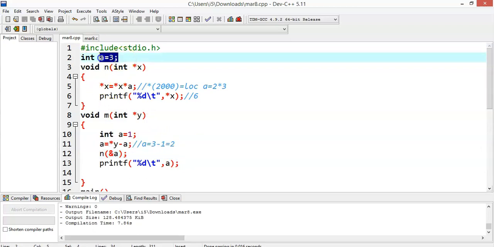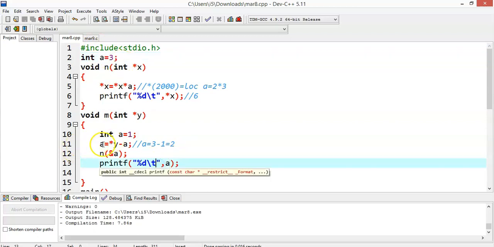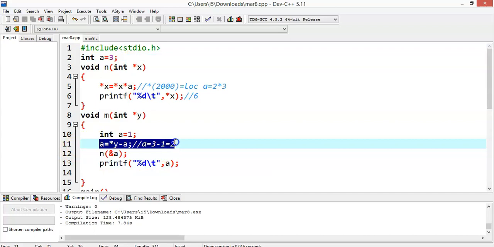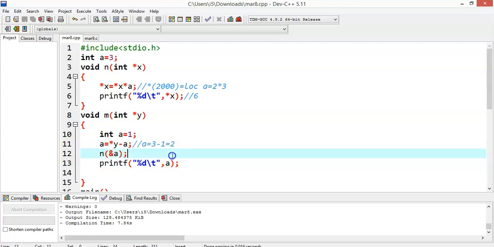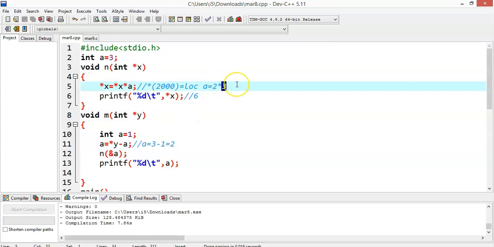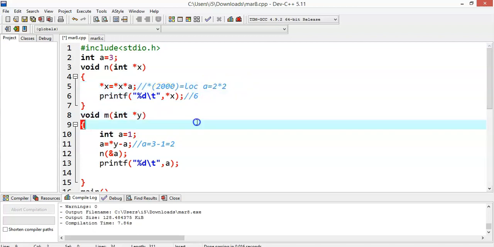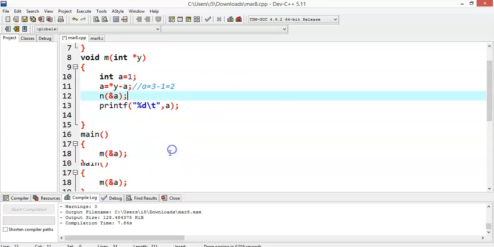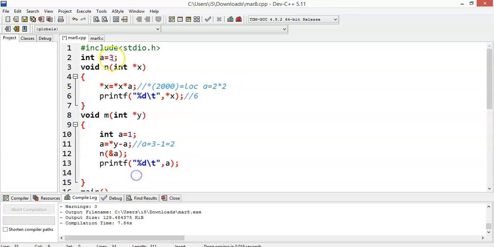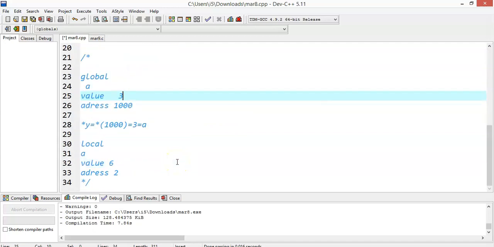If static scoping is followed, then a will be considered as 3. That is the point about static and dynamic scoping. As we are following dynamic scoping, 2 is considered. So the global variable is not considered. The definition in the function responsible for calling is considered. So the value would be 4. Star x will give 4, and if you print this, that also will be 4. It's not 6 because we are not considering the global value. We are considering the variable definition of the calling function. That is the difference between static scoping and dynamic scoping.